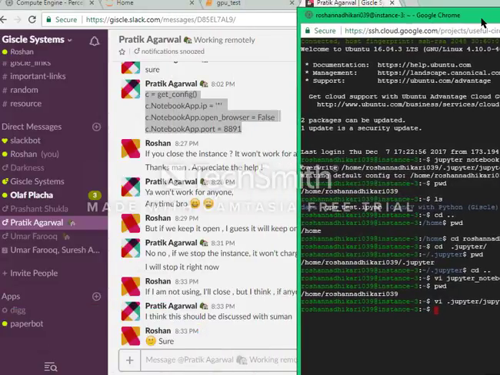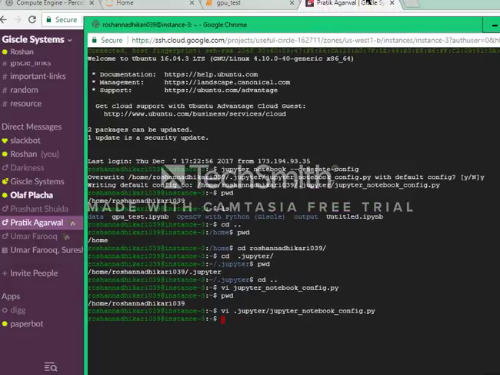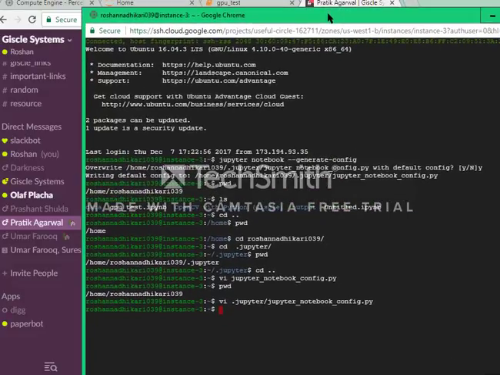So you can see how I gave my port number 8891, right? After doing that, only then do you go and give your firewall access. Then you are good to go with all the files. So you can test it using IPython